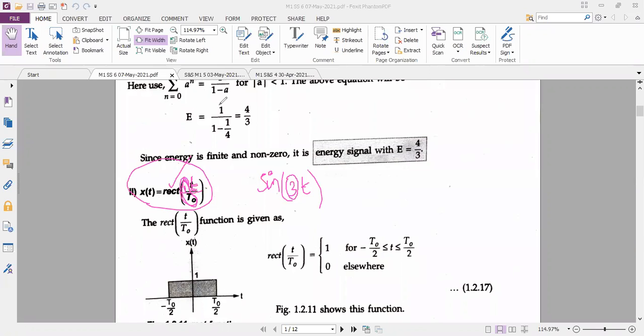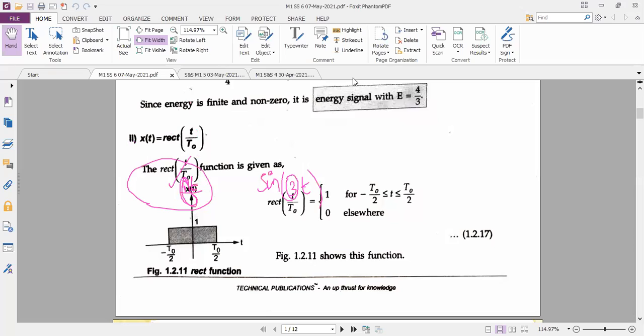So that's why you can redraw the diagram. You have the rectangular signal about the origin, with plus T naught by 2 and minus T naught by 2. Here you have divided by scaling; you know how to perform scaling. If it is divided, then automatically you will multiply. So now the 1 by T naught becomes T naught. Since it is at the origin, the total time period is T naught, divided with respect to the center: here 1 by 2 and here 1 by 2.